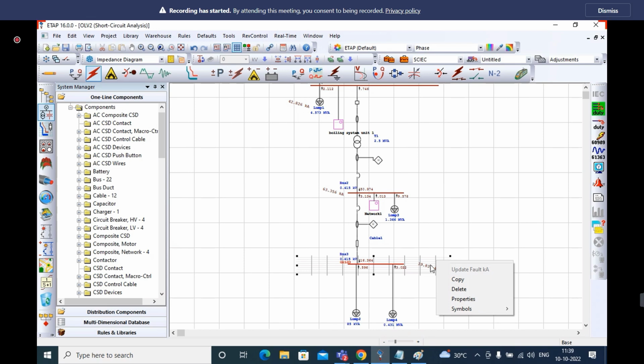If single phase fault, here I am going to assign single phase fault. Can you see here? Fault current is 14.059 kiloamps. Now select the grid, right click. Now the option is enabled.